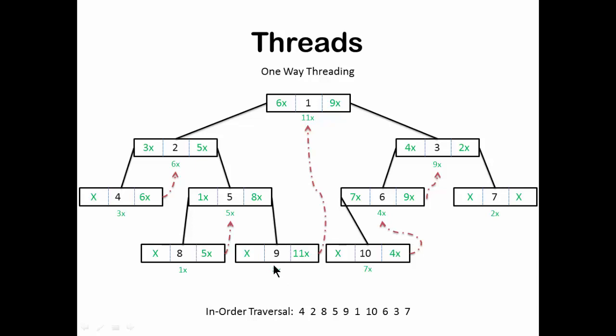So now instead of backtracking from 9 to 5 to 2 and then going to 1, I can have a direct pointer that takes me to 1. Similarly, at 10, I have got a direct pointer to go to 4. So I do not need stacks to keep track of what all nodes I have traversed in order to backtrack. I can have a direct pointer which may take me towards the successor or the predecessor node.